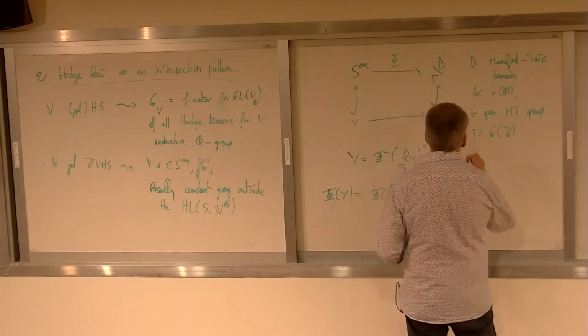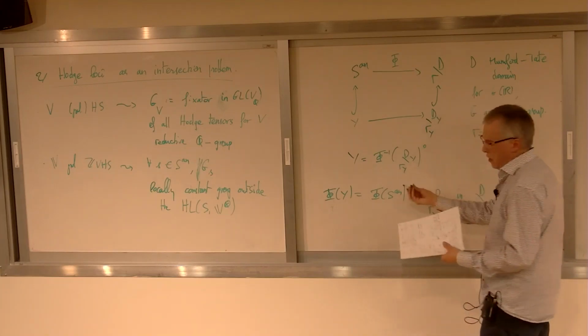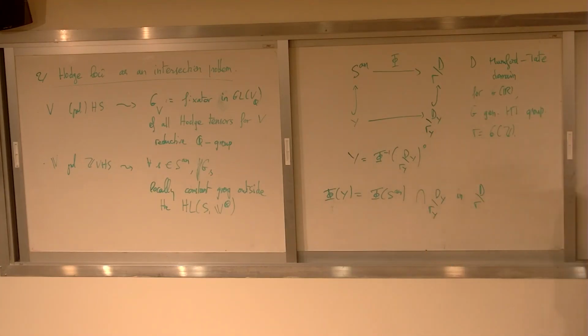In D mod Gamma, Hodge loci are really about taking intersections. And as we have learned during this week, an intersection is either typical or atypical. So let me specialize the definition of atypical in this situation. I will say that Y special inside S for V is atypical,